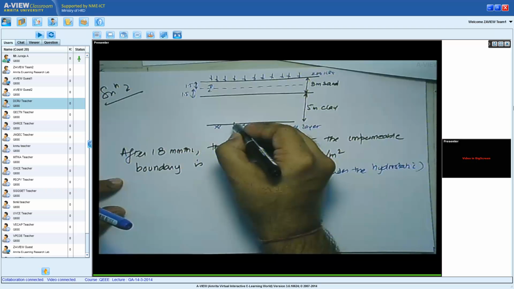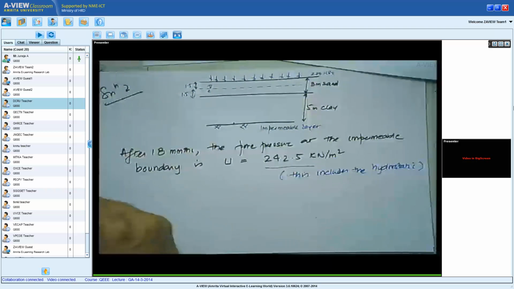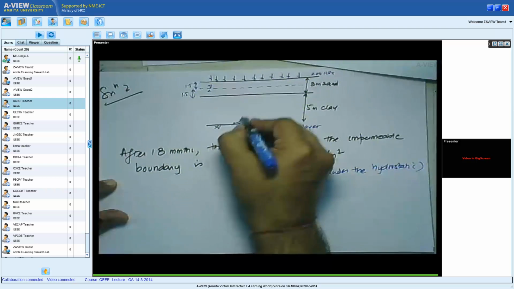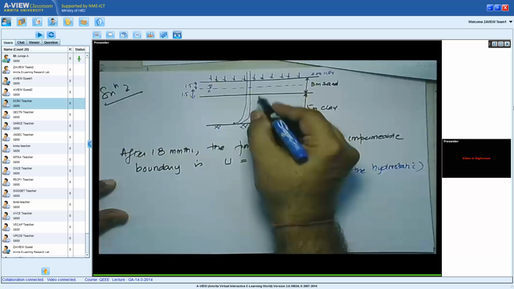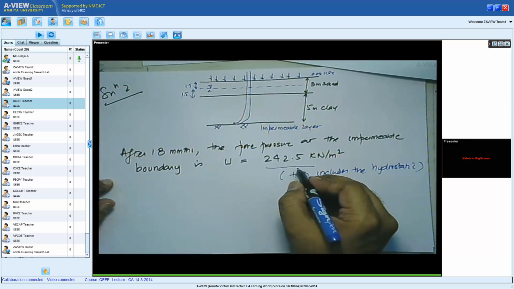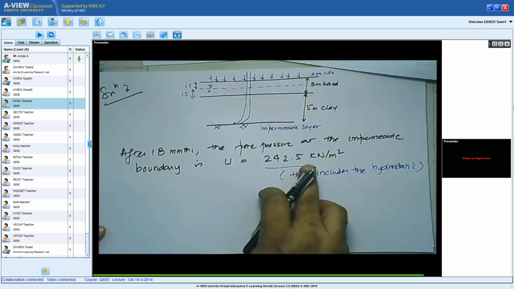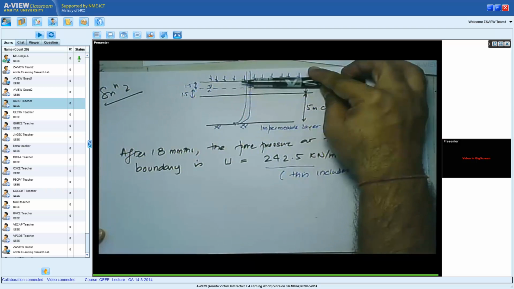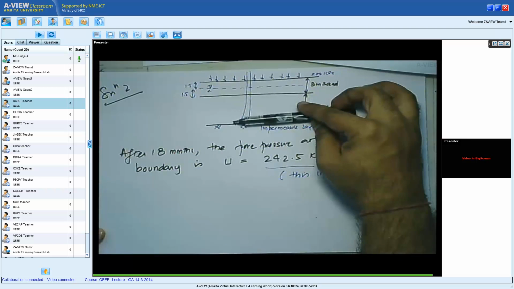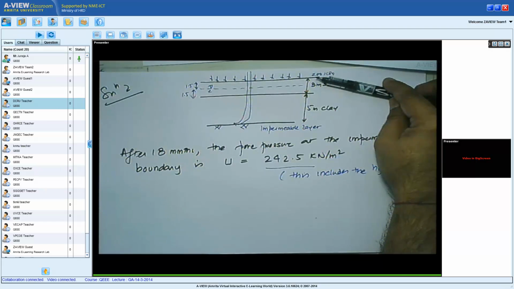At the same time, somewhere at the bottom along this boundary, the pore water pressure is 242.5, which was measured. Probably someone had a transducer or a standpipe and measured the height of water at this level and then converted this height to pressure. You can do that if you know the unit weight of water. So I need to subtract the hydrostatic pore water pressure from this value. Immediately upon placing the load, at the bottom of the layer the excess pore pressure should be equal to 200 kPa.